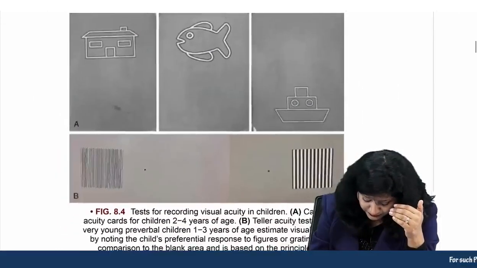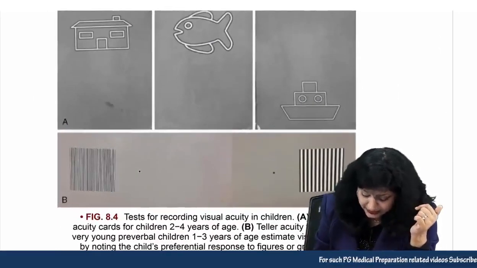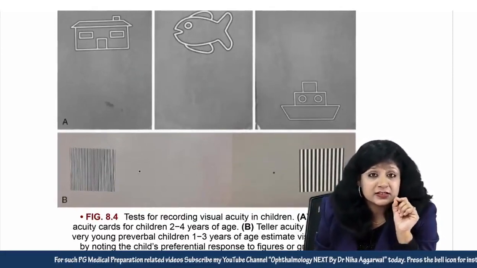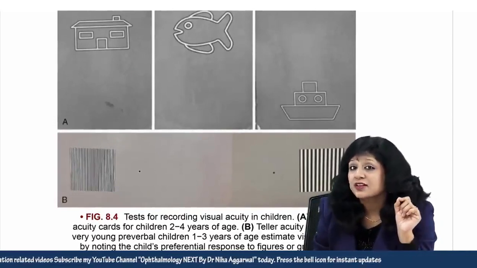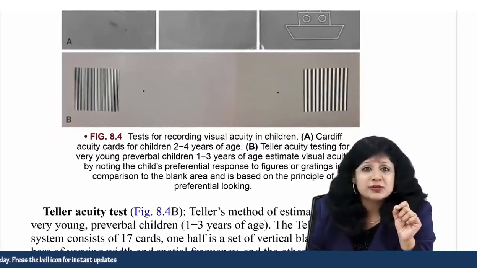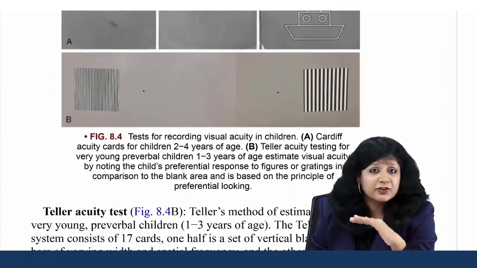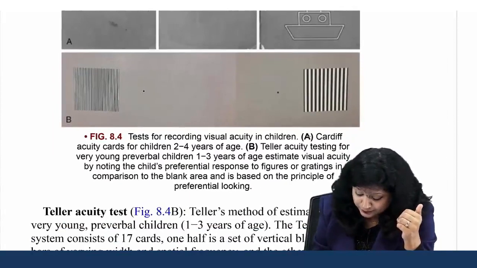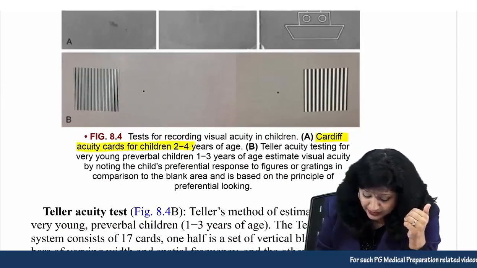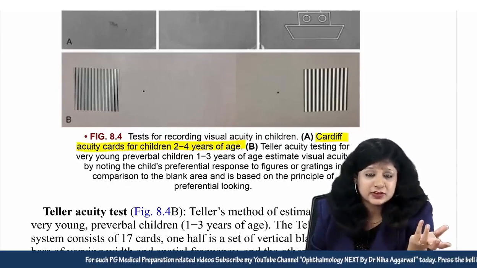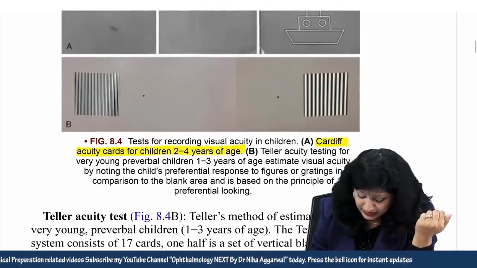So these are the different kinds of charts. These are your Cardiff. So you should be very, very thorough, okay, to identify. You should be able to recognize them as soon as you see them, because again I am telling you that all those images which are given in the Parsons, I have covered all of these images in my app also, okay. So the Cardiff acuity cards, all these images are pretty important for your exams. They are sometimes directly lifted. So these are your Cardiff acuity cards, okay.